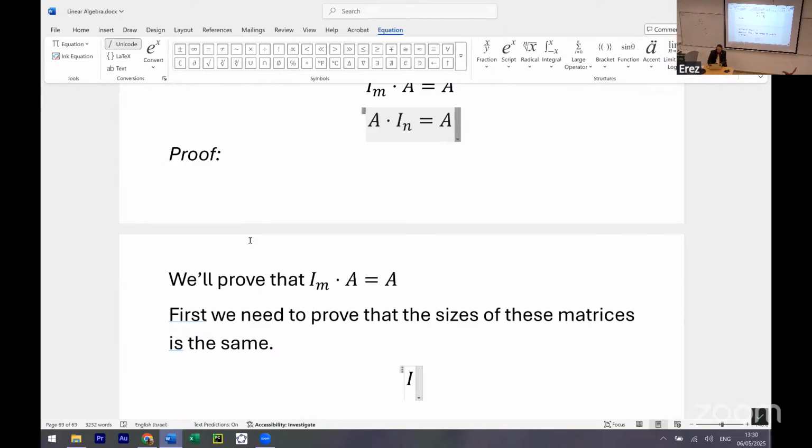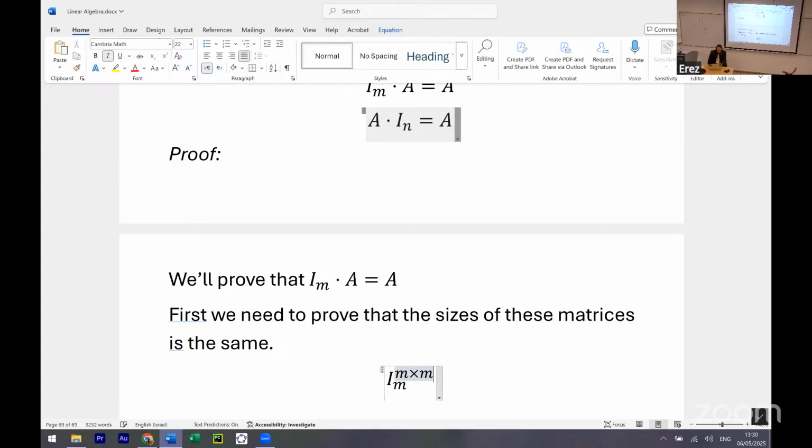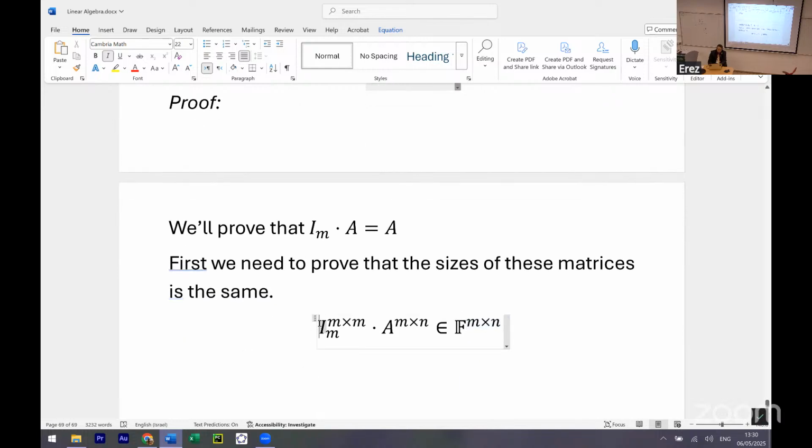Since I_m is of size m by m, and A is of size m by n, then the product, what would it be? Yeah. M by n, and A is the same. Okay. And A is also there. Okay. So next now,